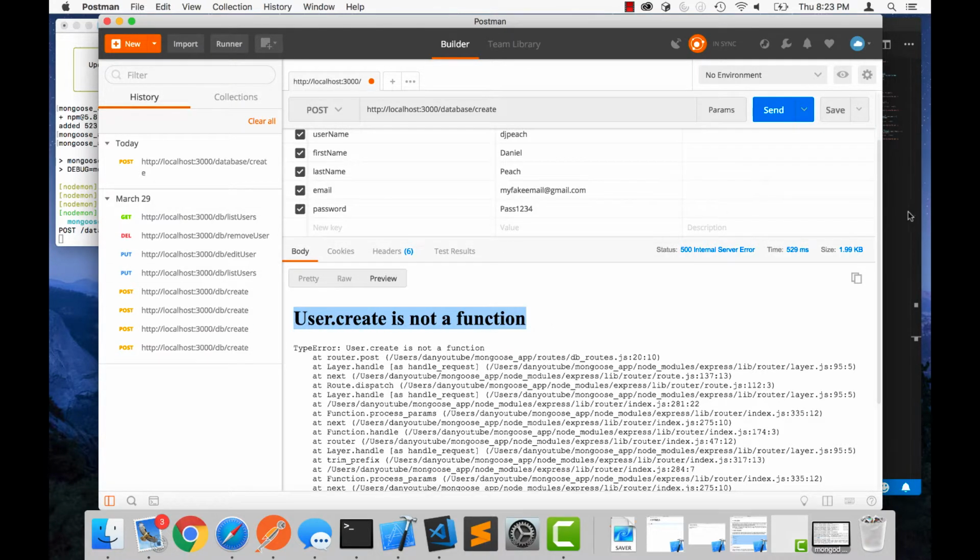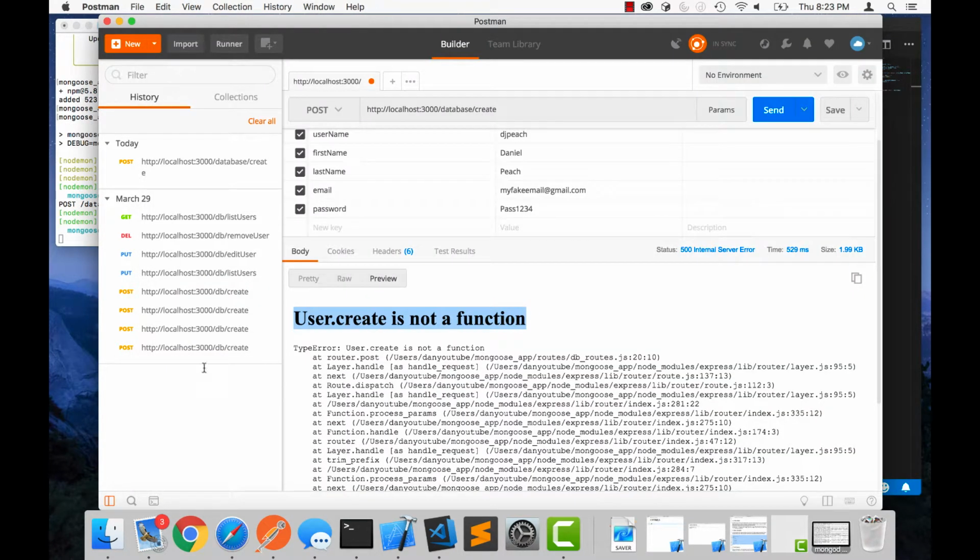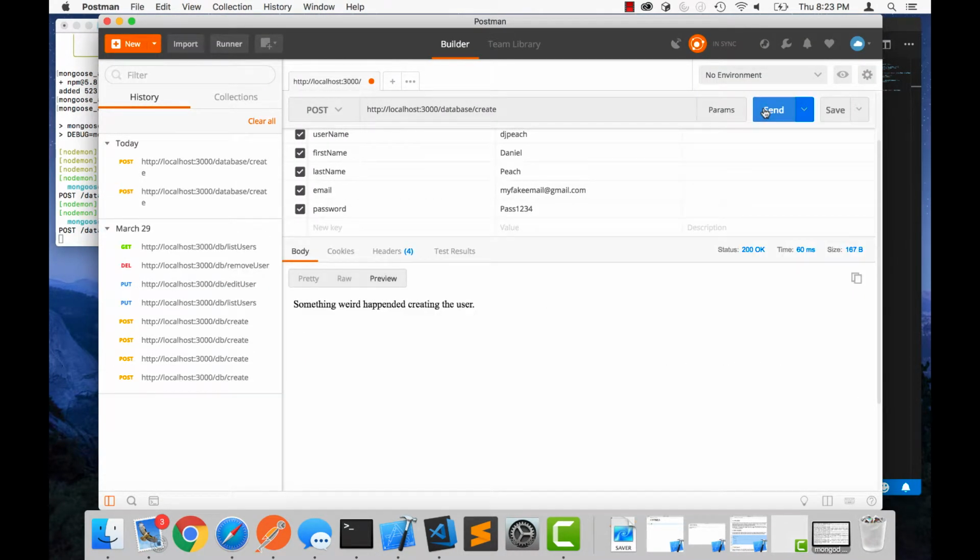The reason for that is because when we created our model, I forgot this keyword right here, new. You can't just create something without the new keyword. That's not how constructors work at all. So that's my error right there. Now that we have that, it should be fixed. Let's go ahead and save that. And now when we send this,